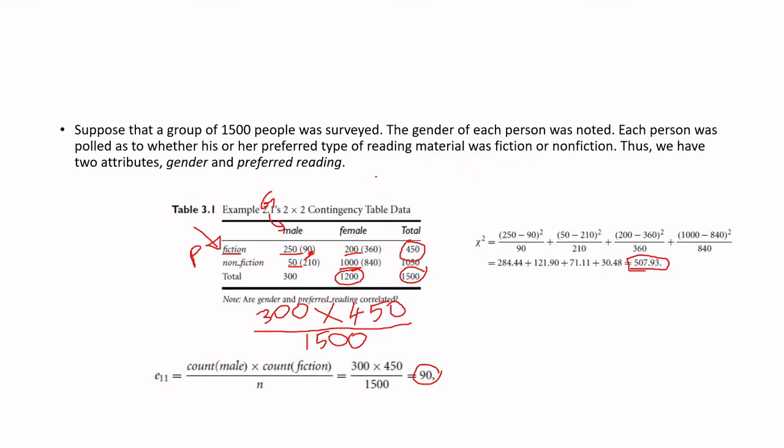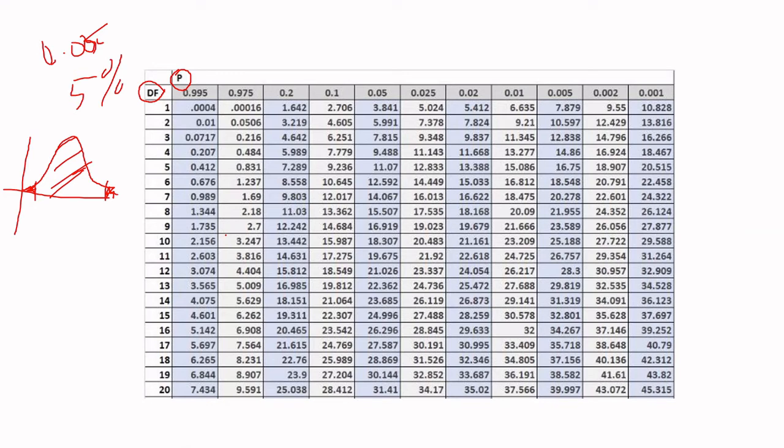But here for this example we have R is 2 and C is also 2. So R minus 1 into C minus 1 is 1 into 1, which is 1 itself. So in our case, the degree of freedom in our example is 1. And here, if you're taking a significance level of 0.05 like we did earlier, then the chi-squared value 3 ആണെങ്കിൽ,